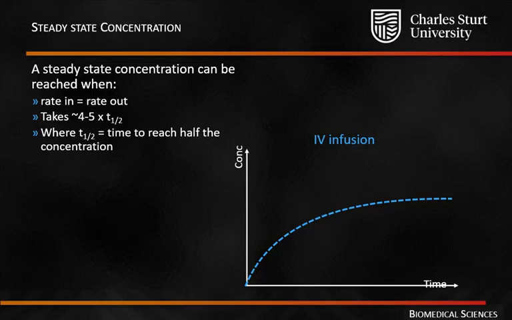Okay, the next concept we'll be introducing is the steady state concentration. And I'm going to be using an IV infusion just to kind of explain what's going on. So an IV infusion is an intravenous delivery of drug at a constant rate. So instead of being a single bolus injection, one-off kind of thing, this is a constant infusion of the drug